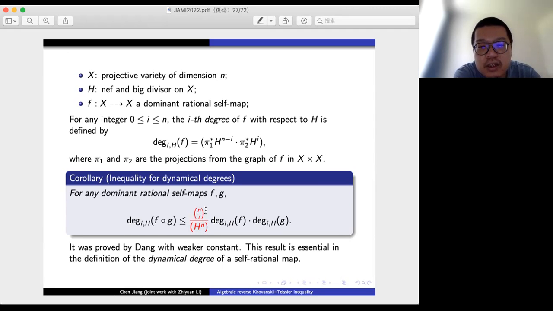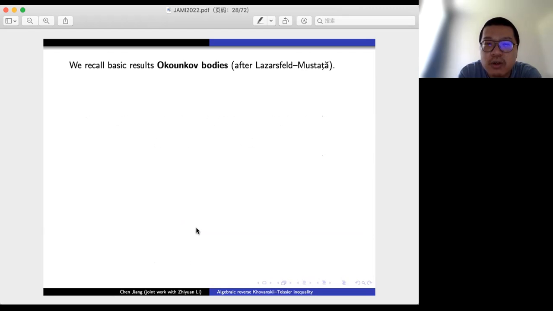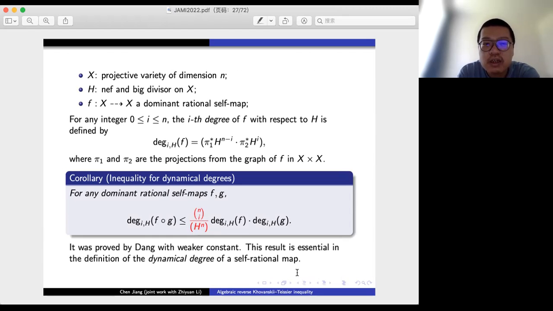But actually the optimality is not important. The existence of a constant independent of F and G is what is important. Oh, sorry, it's actually essential to define the so-called dynamical degree of a rational self map. Okay, so these are two applications of